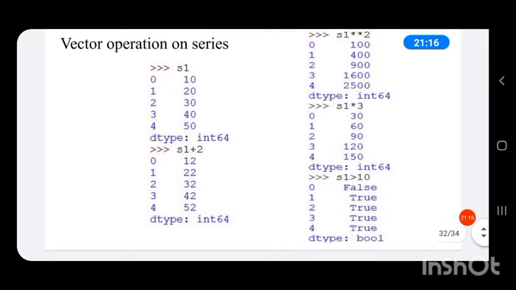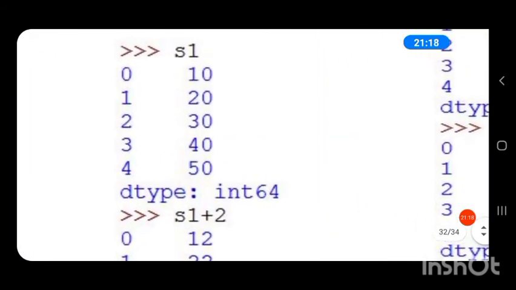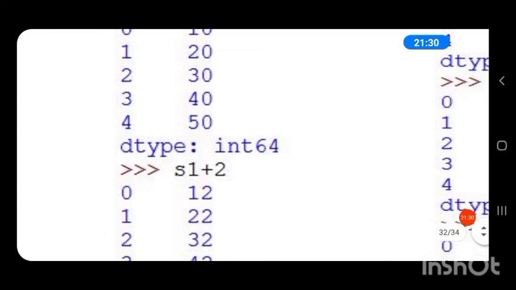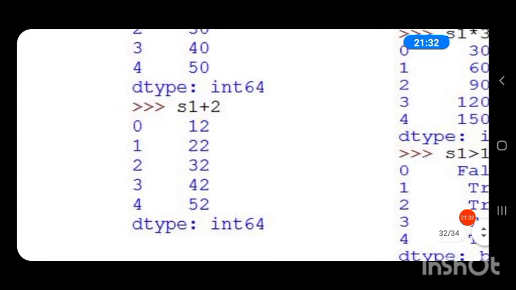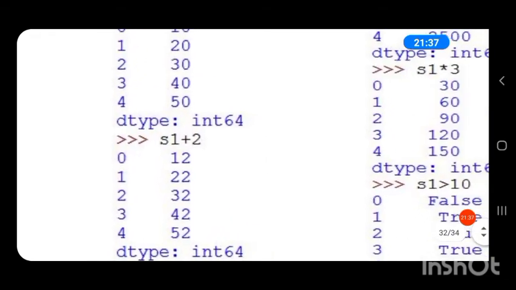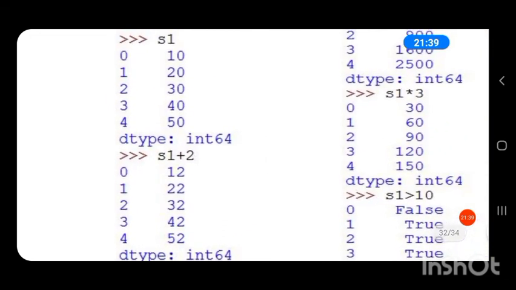So S1 is a series. So this is our series. Its index values are 0, 1, 2, 3, 4 and its corresponding data values are 10, 20, 30, 40, 50. Then we are adding a value 2 to the series S1. So when we add 2 to series S1, you can see 2 is added to each element in the series. 2 is added to 10, the output is 12.